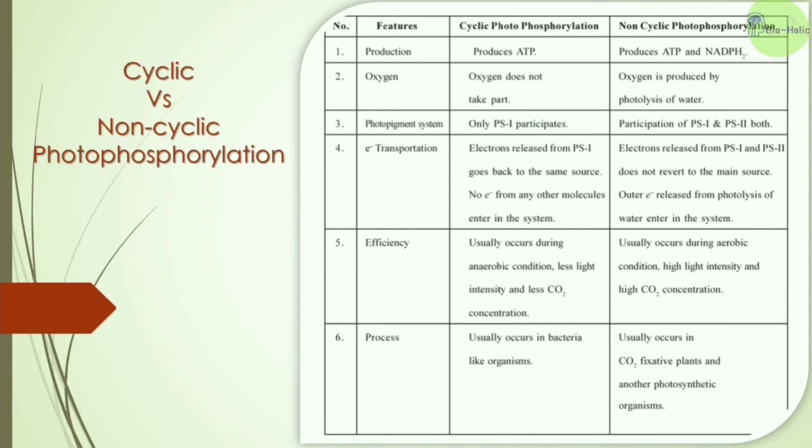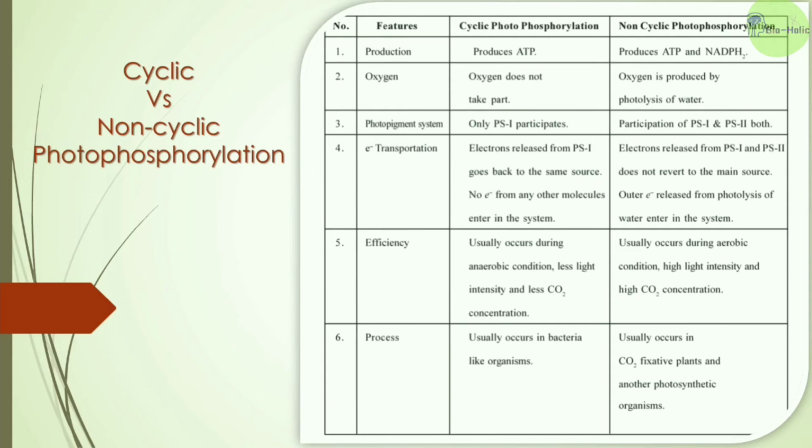In case of cyclic photophosphorylation, electrons released from PS1 go back to the same source. No electrons from any other molecules enter the system. But in case of non-cyclic photophosphorylation, electrons released from PS1 and PS2 do not revert to the main source, and outer electrons released from the photolysis of water enter the system to replenish the photosystem 2 reaction